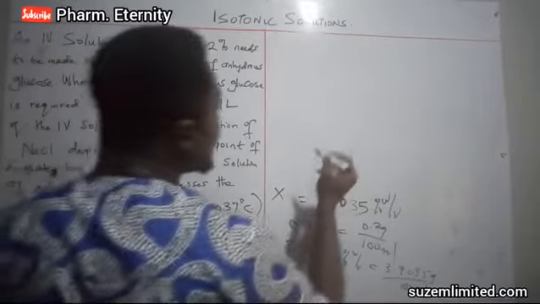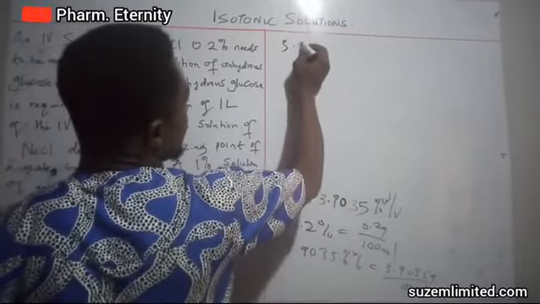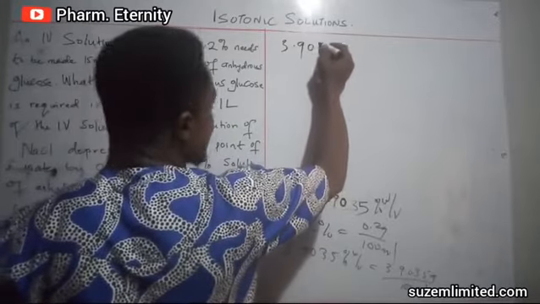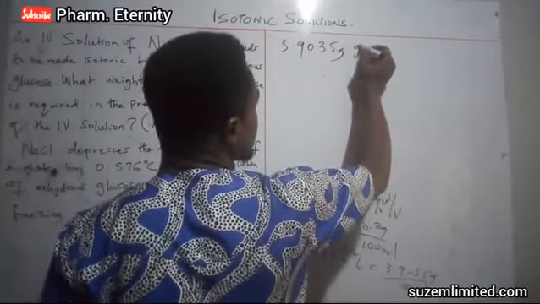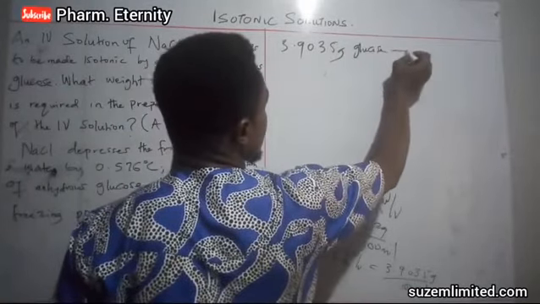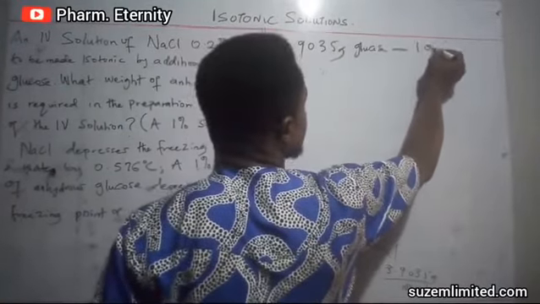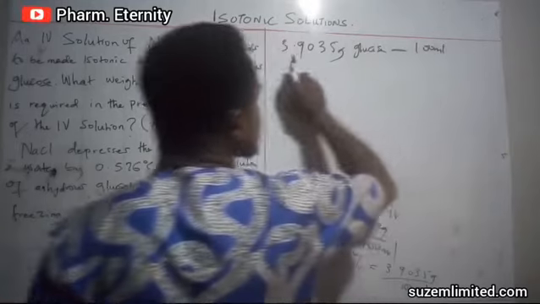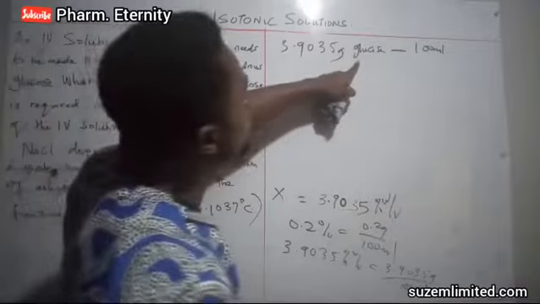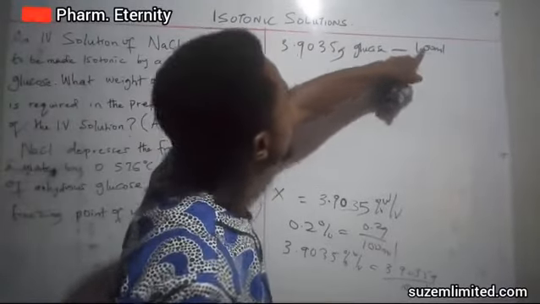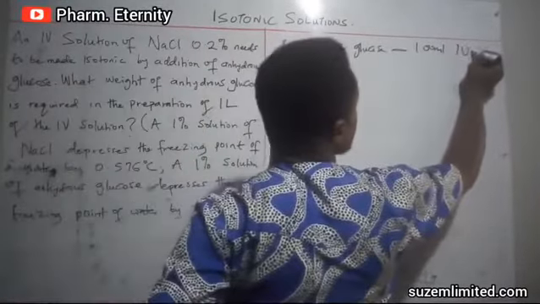So if 3.9035 gram of anhydrous glucose makes 100 ml of sodium chloride isotonic,